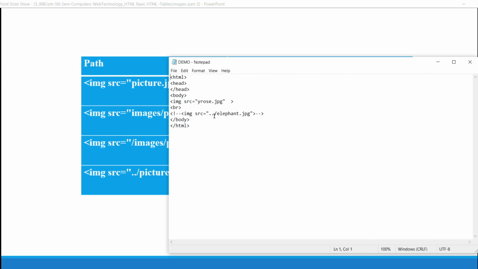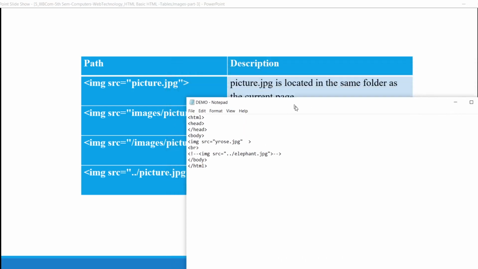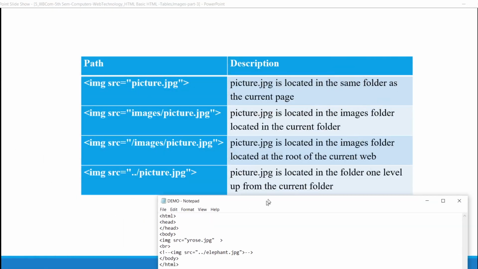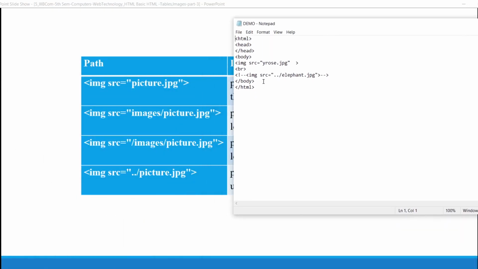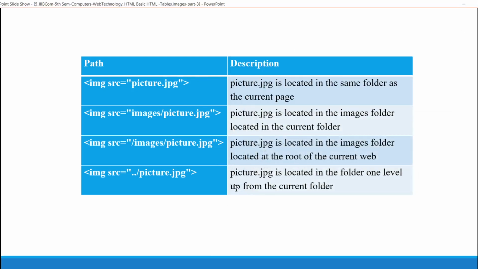Have you observed it? Image source equals ../elephant.jpg. This is similar to this path. This picture is located in a folder one level up from the current folder. I placed it on the desktop, not in the images folder. This is about the image tag.